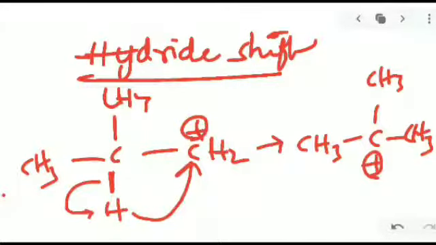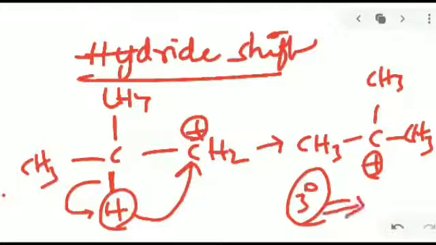So this hydrogen comes and attacks. It means this is a hydride shift. This is a hydride, H minus, so when it comes outside, it goes to attack the positive charge, so both are balanced, and CH3 will be formed. That means a tertiary carbocation, a 3 degree carbocation, is more stable than a primary. So this is the indication for this. This is one of the best things about the hydride shift, it's a very important thing.